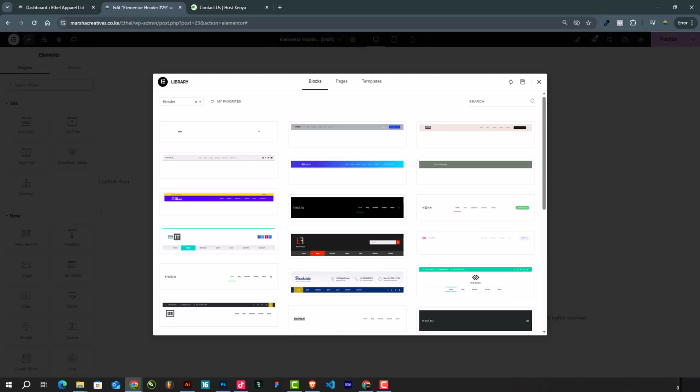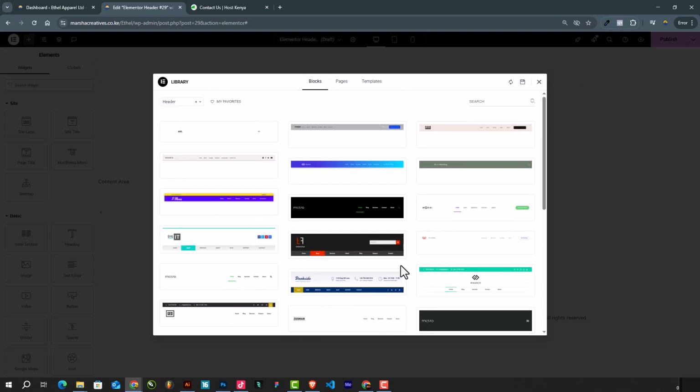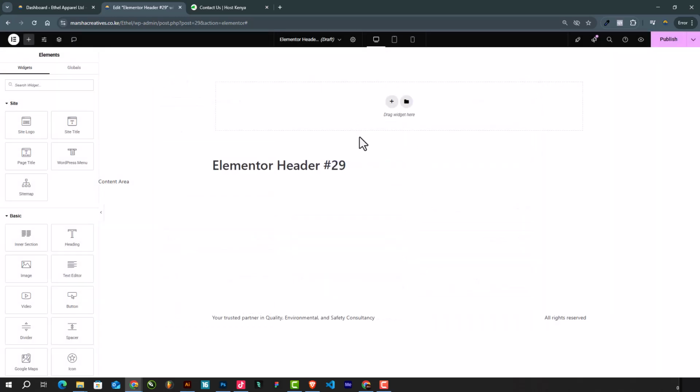So basically over here we already have these templates, but as I said earlier, we are not going to use any templates in this tutorial. You should be able to create your own websites or your own designs without having to edit anyone's templates. Okay, so I'm going to close these templates because we are not adding any template here. We are going to design everything from scratch. So let's start by designing the header. My header will have a top part where I'm going to,